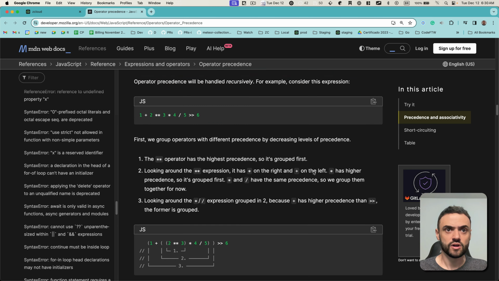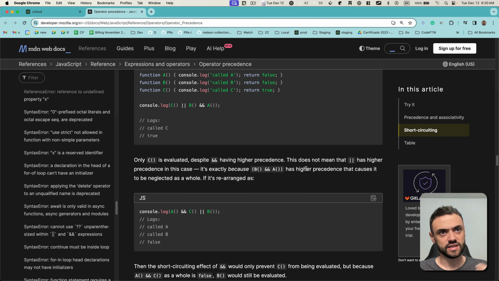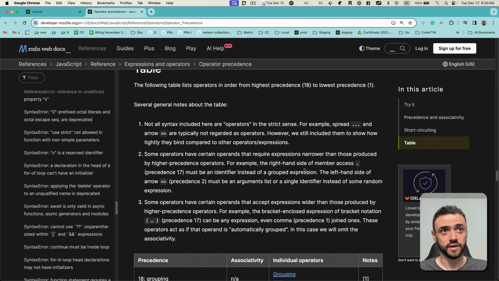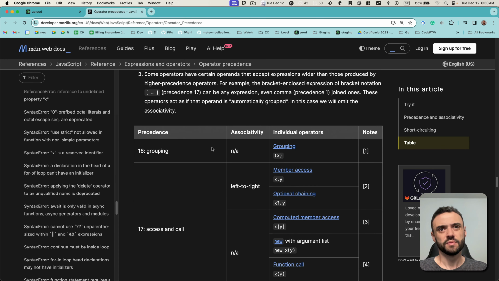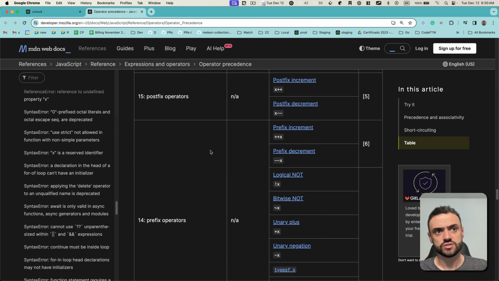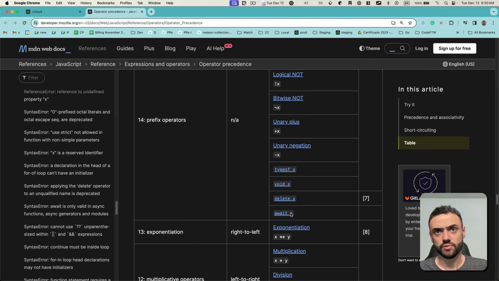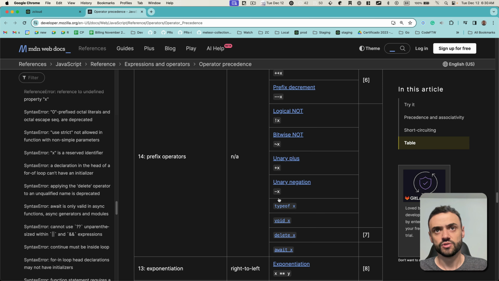But what I think is more important to understand is that the await operator works as any other unary operator. So if you see this table here, you need to know the order, but usually you get a sense for unary operators of what is going to happen. But just so you know, this table also includes await. I even saw a guy saying on Stack Overflow that in the past await was not in this list, but now it's here. So you can see, together with the plus sign and the minus sign, the unary operator for await is here as well.